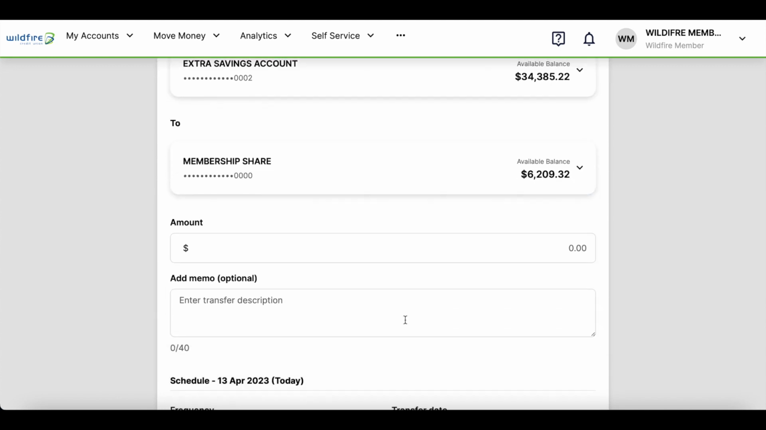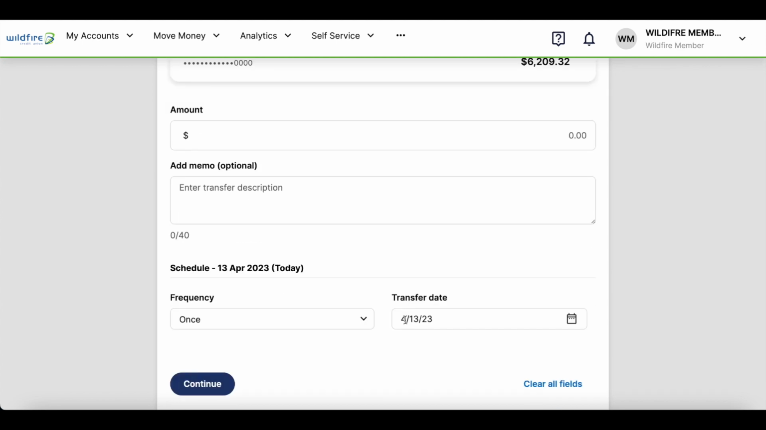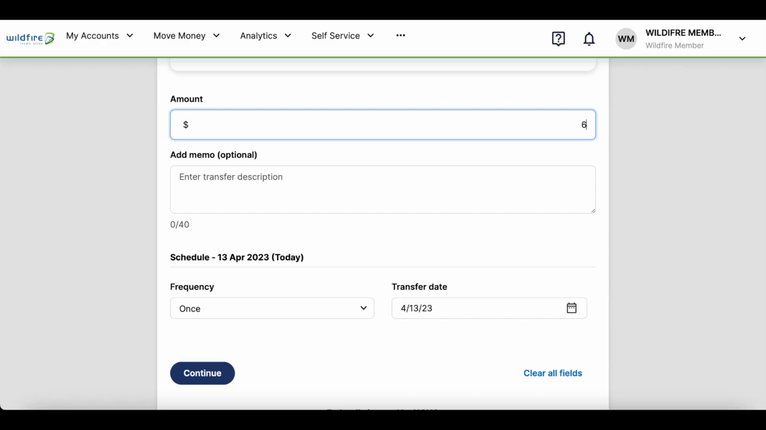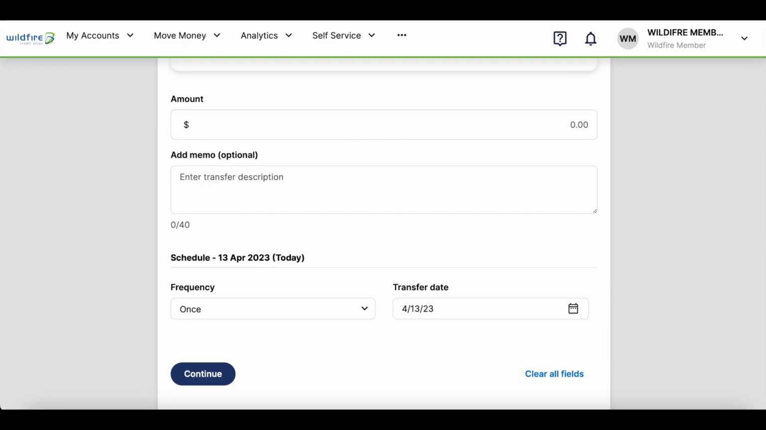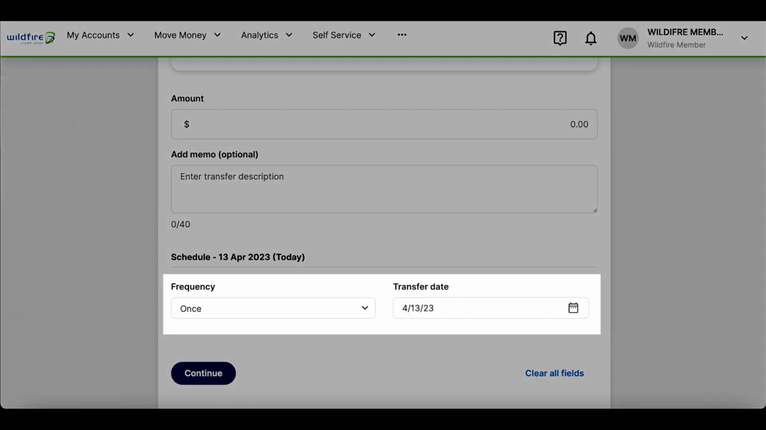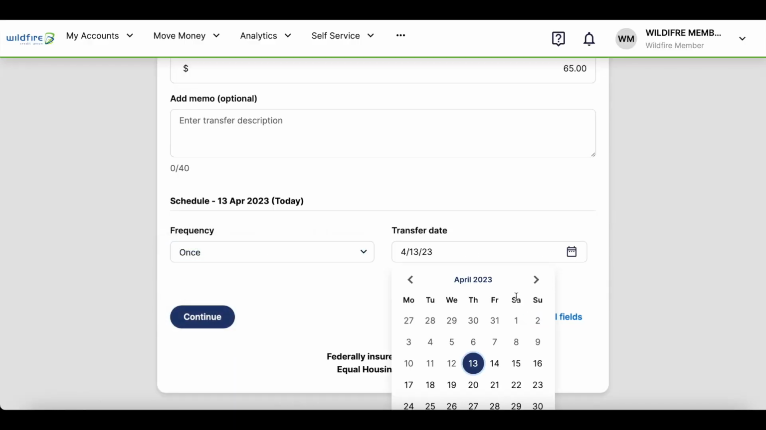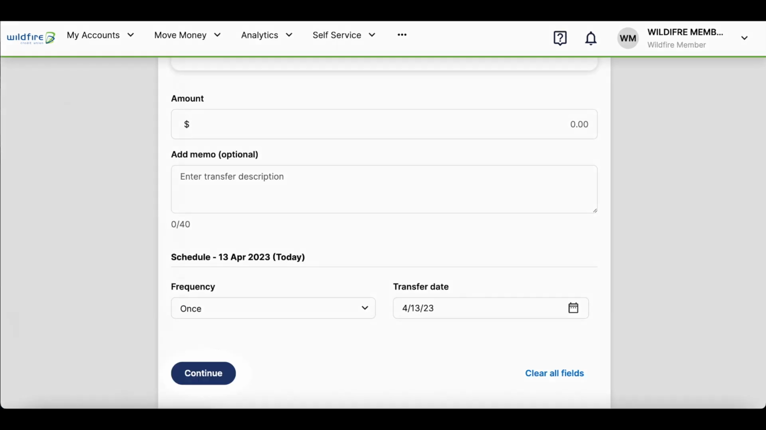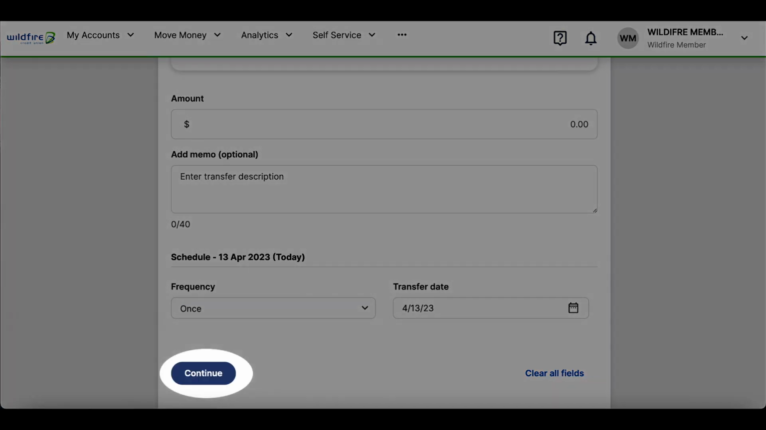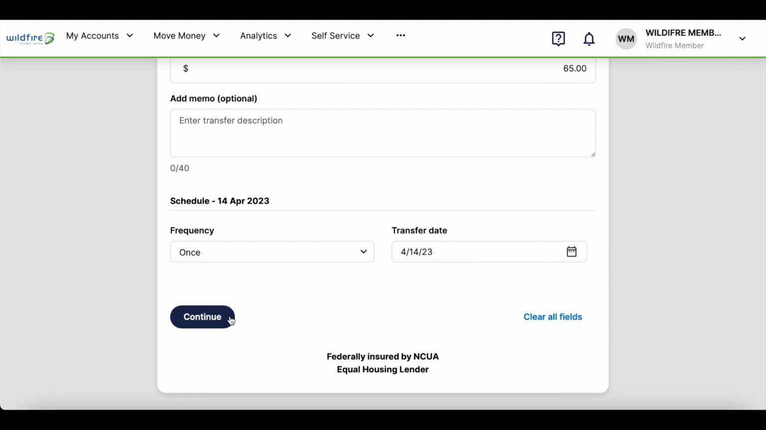After selecting the accounts to transfer money between, enter the amount to transfer in the Amount field. Next, select the frequency you would like this transfer to occur using the frequency and transfer date fields, whether it be just once or occurring automatically weekly, bi-weekly, monthly, quarterly, or annually. Once you have everything all set, click the blue Continue button at the bottom of the screen, taking you to